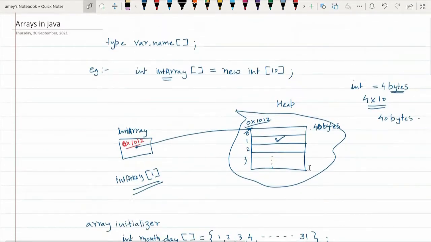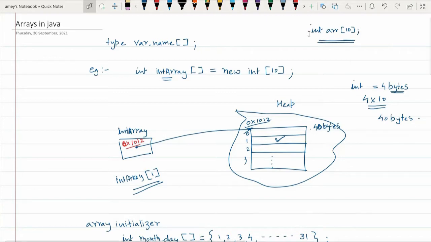The only difference is, remember in C++ or C, we used to write something like this, int ARR 10. Just by writing this, in Java, it does not mean that the array is created. It does not mean that 10 contiguous integer values are allocated in the memory.